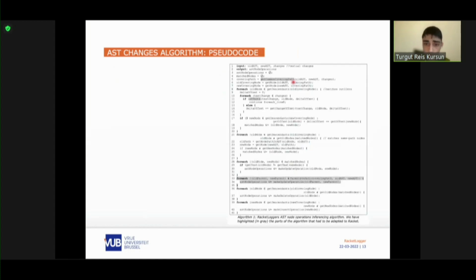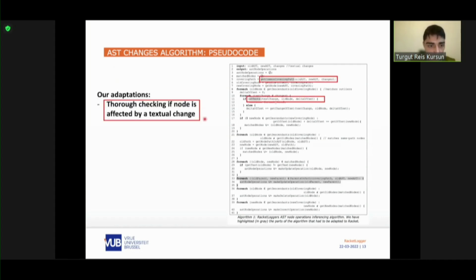Here's the pseudocode of the algorithm that we have used for building our plugin. And in gray, we have highlighted parts of the algorithm that we have adapted, and I will focus on them. So, our contributions to the algorithm. The adaptations were made because we wanted to fit the algorithm more tightly with Scheme, with the syntax of Scheme expressions. So the first change that we made was